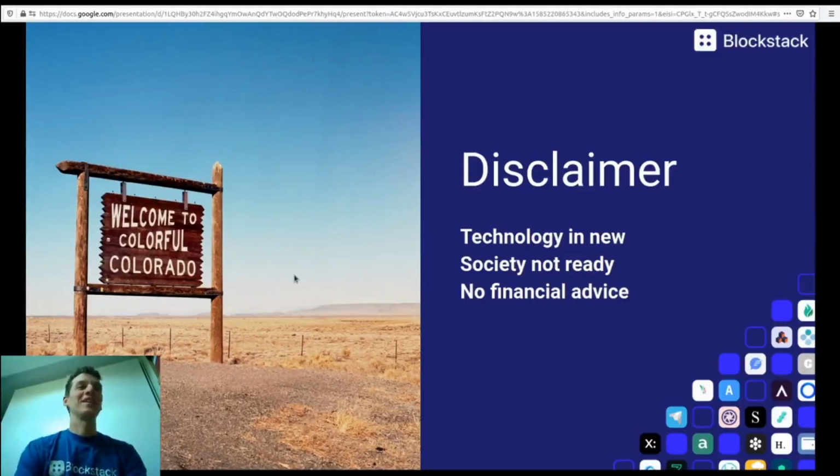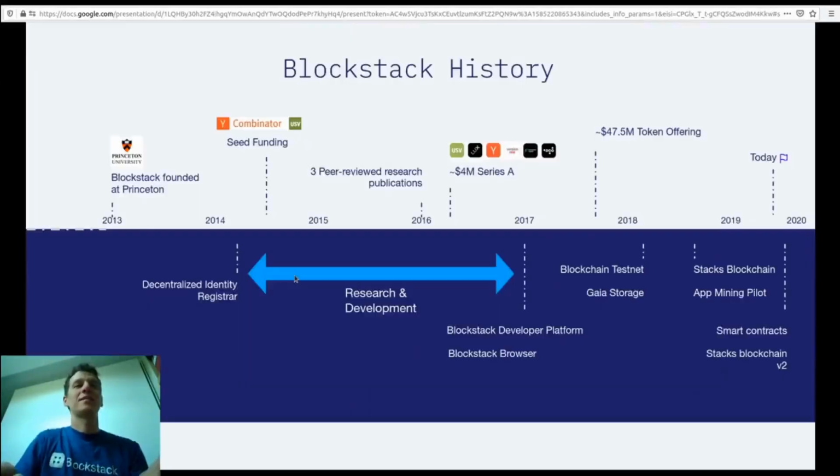So the blockchain is not. Society might not be ready, and I don't give any financial advice. So if you think you have to buy token, don't do it, because I'm telling something about Blockstack. So we really want to do a web app. So no blockchain or investment. Let's go. The challenge is that